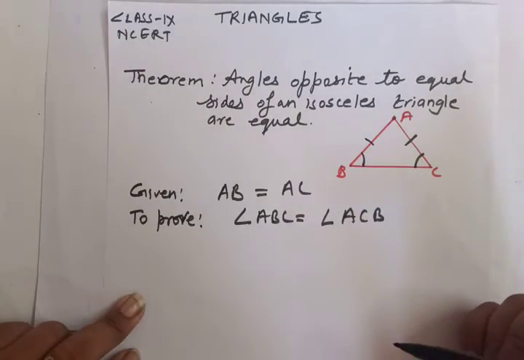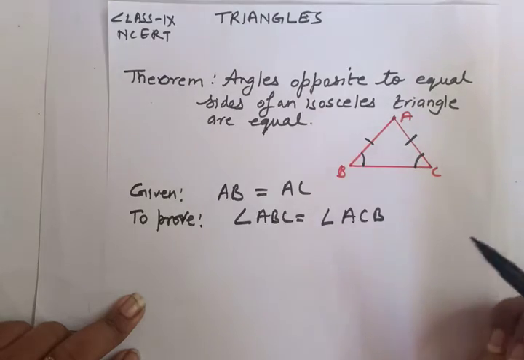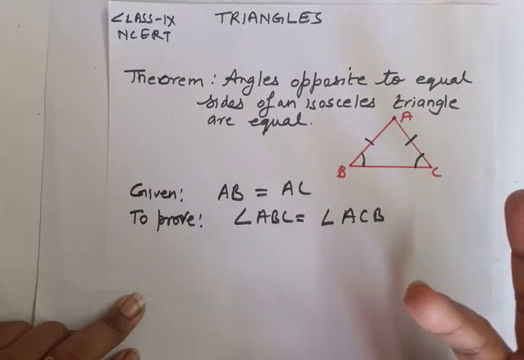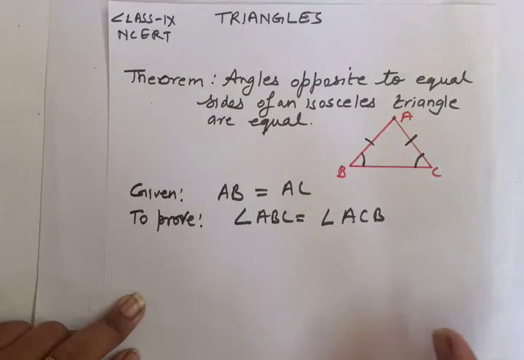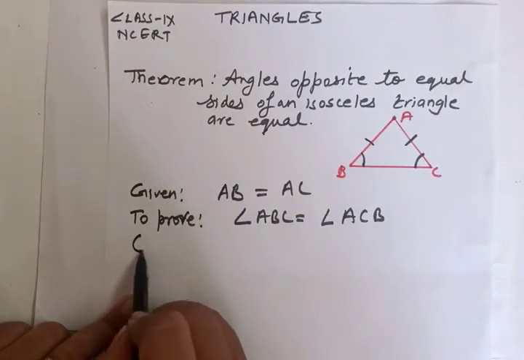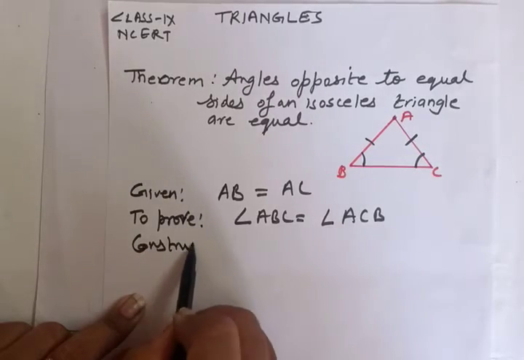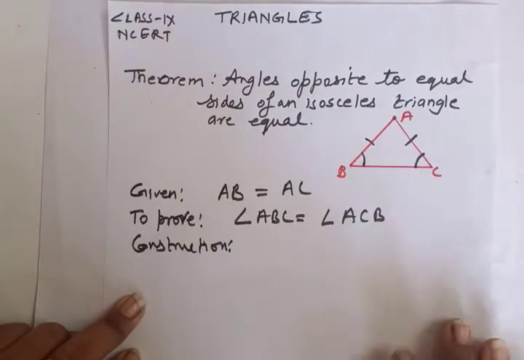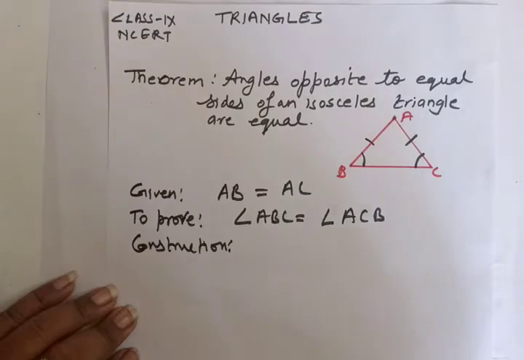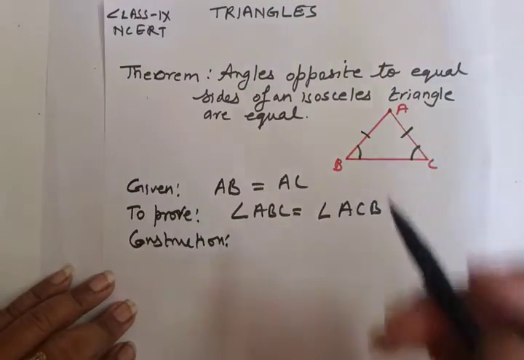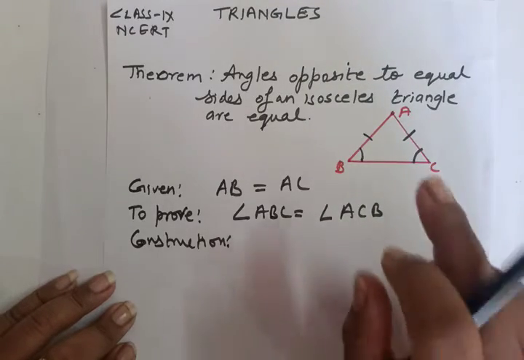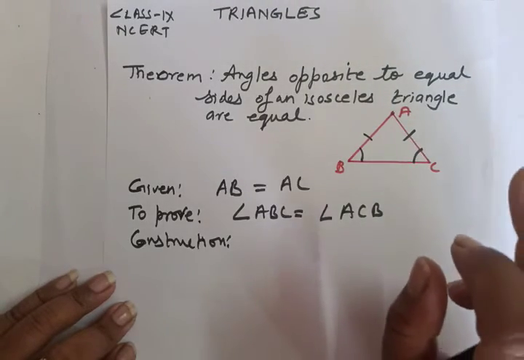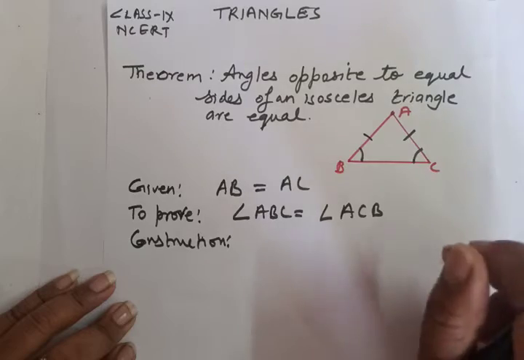Sometimes we have to do a few constructions also. If we want to do any construction that is going to help in proving the question, we first have to write what construction we are doing. Mostly construction is always done by a dotted line. Here I made a triangle using a pen, but always in geometry you have to use a pencil only for drawing any figure.